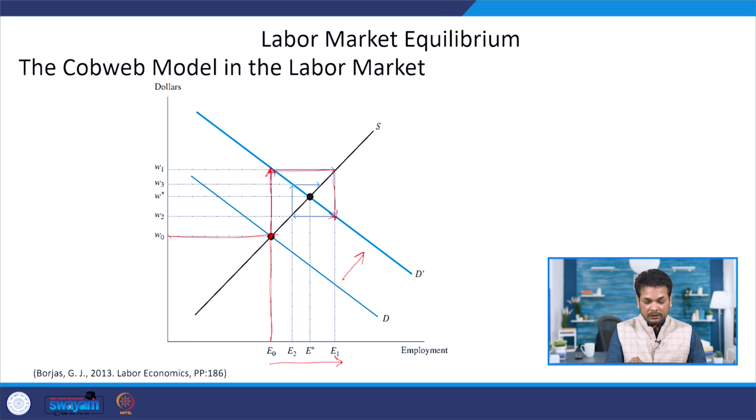Now, with E1 workers in the labor market, we can see that they are oversupplied. It may lead to the W2 wage rate, and at W2 only E2 workers were employed. Considering E2 workers at this point of time, again the short run supply function becomes inelastic, and the wage rate becomes W3, because E2 workers at this point of time are undersupplied, which may lead to another